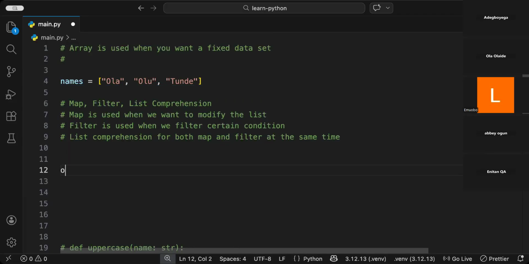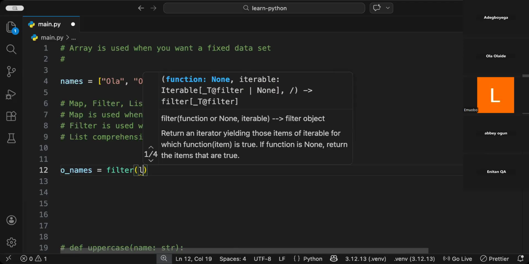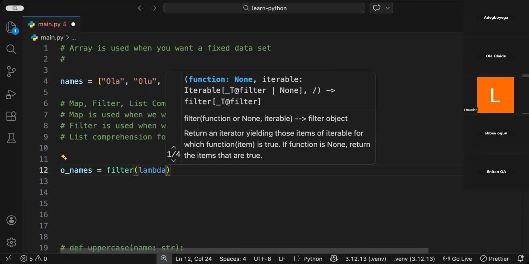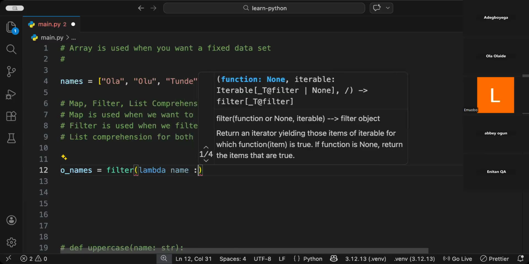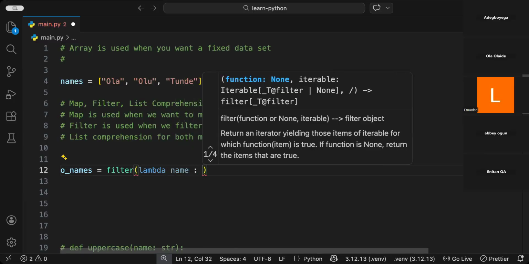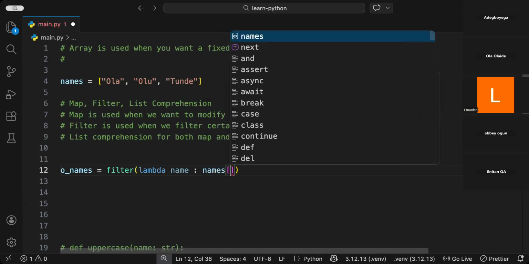Let's put it: names equals to filter. So I'm going to start with the filter expression. Then it takes in a function, so we can use the lambda function. I can take in the name. Remember, the colon is for the return, what I want to return. Then I could say names colon. So return where the names